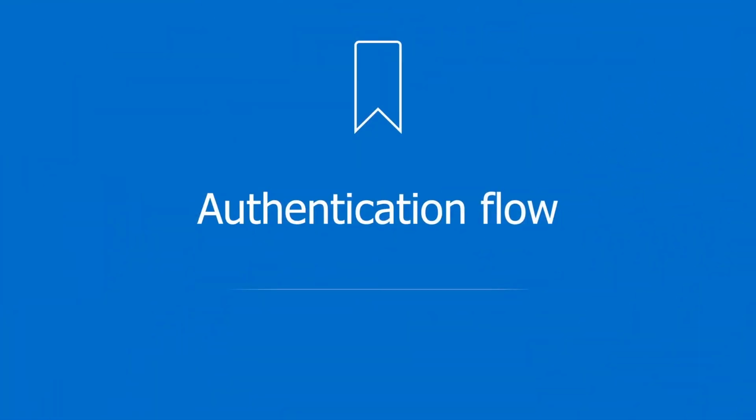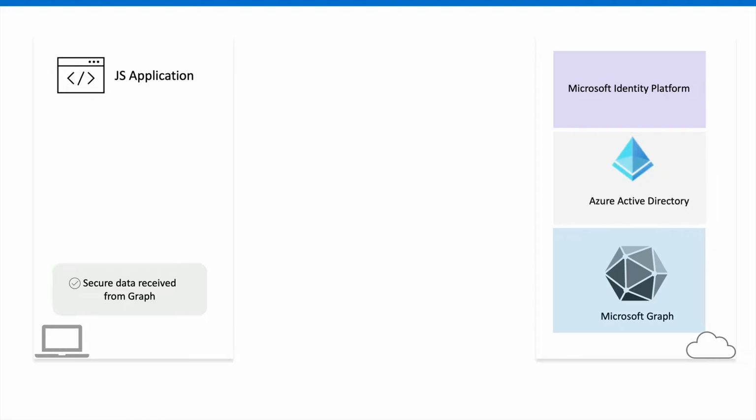Let's look at one of the authentication flows for an application that uses MSAL. We'll be using this exact authentication flow in the application for the upcoming exercise. So the first thing we need to do is allow the user to sign in using the Microsoft Identity Platform